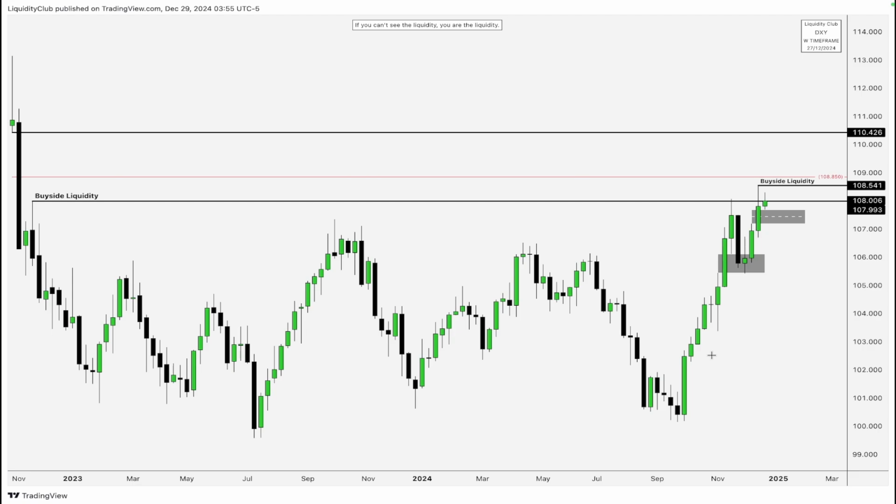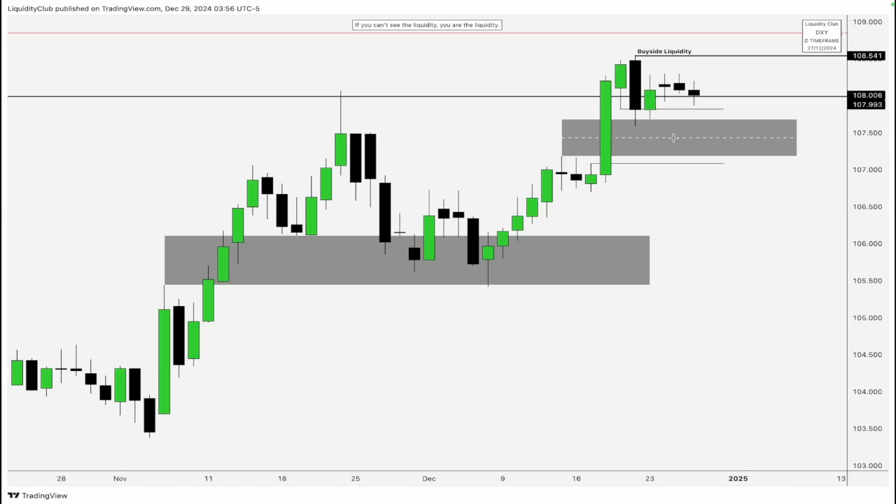So let's get started. Starting with the XY here, I'm viewing the weekly time frame chart. You can see price just retraced and ran up higher. We have a fair value gap here, the BC. I'm expecting price to retrace towards it and run up higher towards the buy side liquidity. Going to the daily time frame chart, there's a daily fair value gap as well here, and the weekly fair value gap. Price can trade down lower, take out the sell side liquidity and then run up higher towards the buy side liquidity. That's going to be pretty much it for the XY.